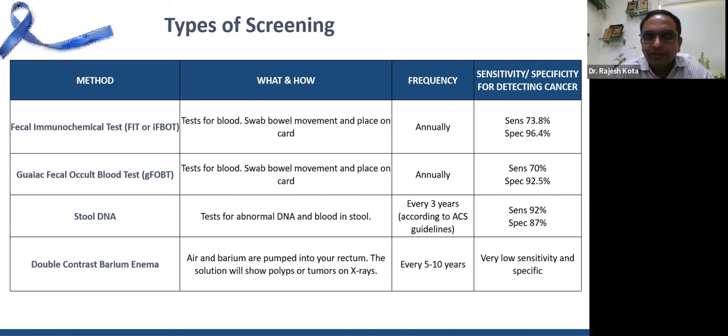So if there is blood in the stool, which is not even seen with the naked eye, it can be tested by doing a guaiac test. If we notice blood, or if the test comes positive, we have to investigate for sources. We have to identify the source of blood loss in the GI system. So that is the most common test we do, which is non-invasive. You just have to give your stool sample and the lab determines whether it contains blood.